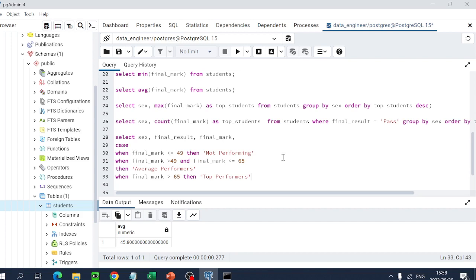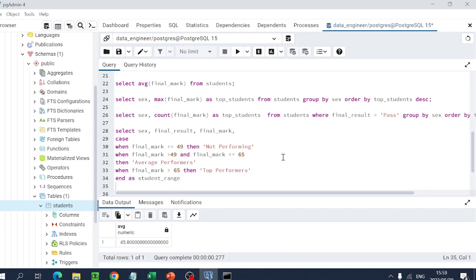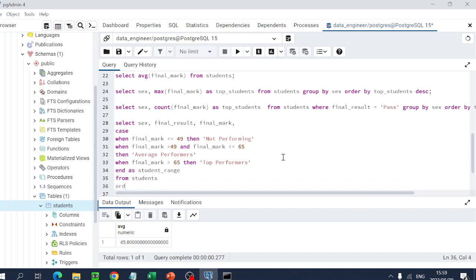Okay, and then we end it and we say as student underscore range. Okay, and then we say from students, our table, and we order